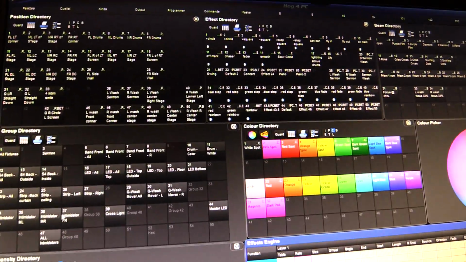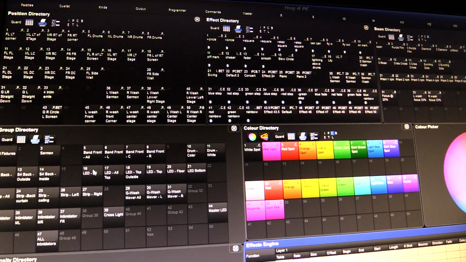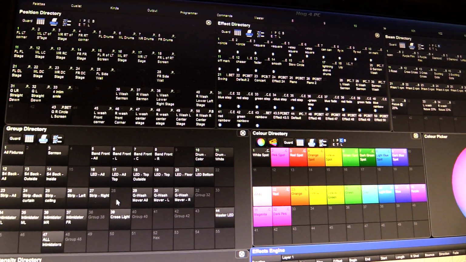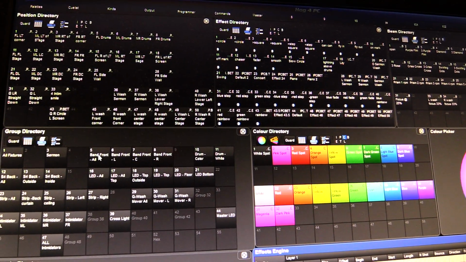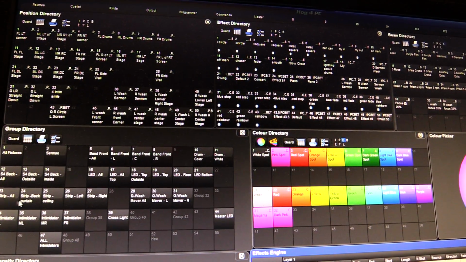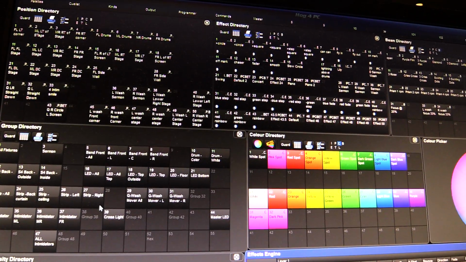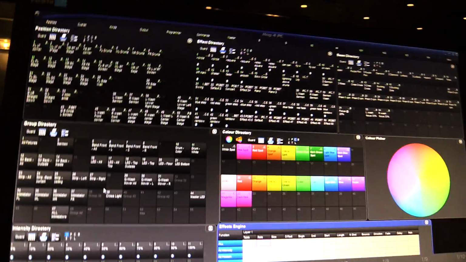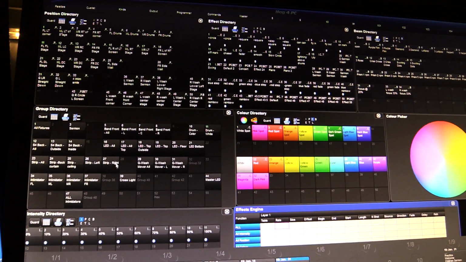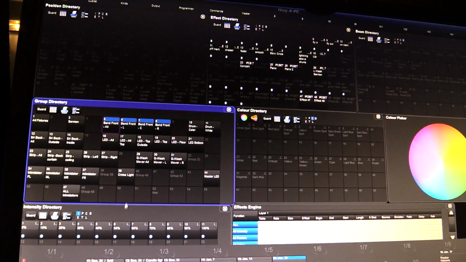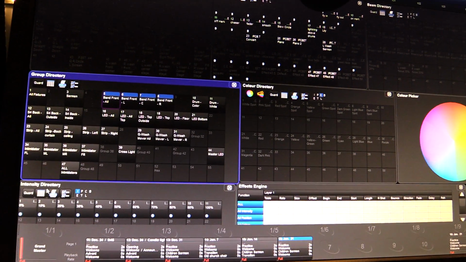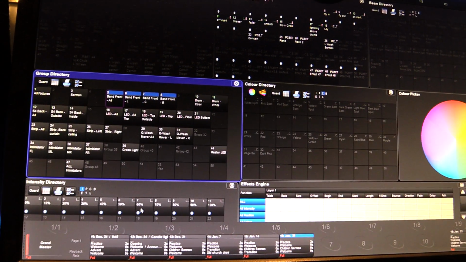This box right here is the group directory. These buttons represent every fixture or group of fixtures that we have. For example, band, sermon lights. Strip are the lights on the bottom, on the back of the stage. Simply put, you select the fixtures that you want to turn on, and then down here in this intensity